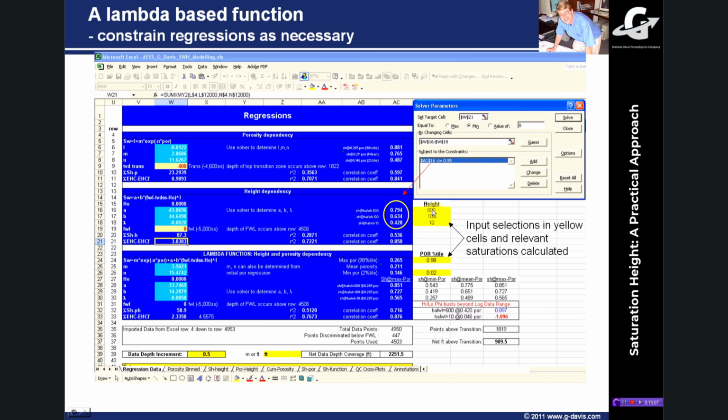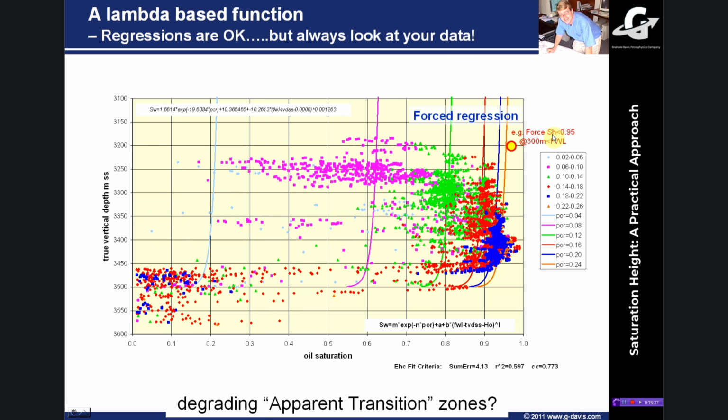The user can put in some height functions here, and you can pick the minimum and the maximum porosities, and then it will calculate what saturation you would expect at 600 feet above the oil water contact with the 26% porosity, and then you can add that as a condition in your analysis. So when you do the analysis to fit this function, you can do it with a constraint that this has to be less than 95%, for example.